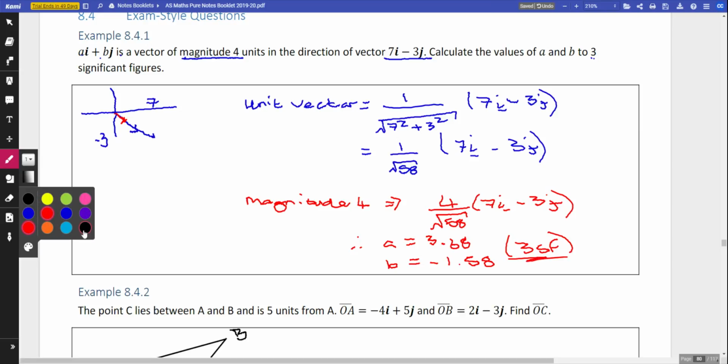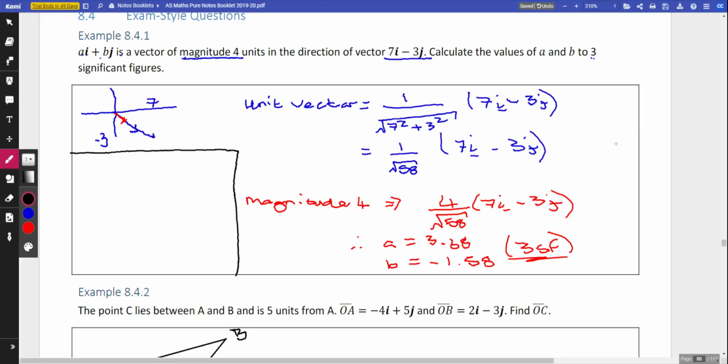Alternative method here, although it possibly makes it slightly harder. But remember, if you're in an exam and you're trying to do problem solving, it's just having a starting point, and it is okay to just start in whatever way you see fit. So if we consider the angle of this vector, remember with vectors, the best thing to do is to get a diagram drawn. So what you can do is set up simultaneous equations,